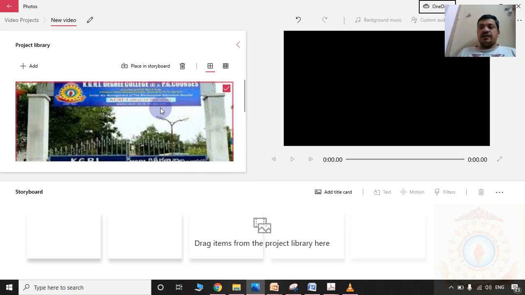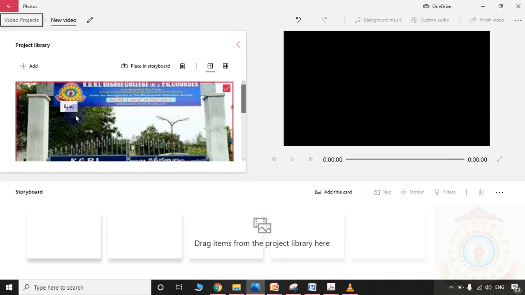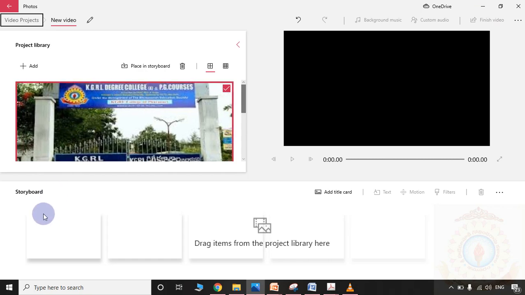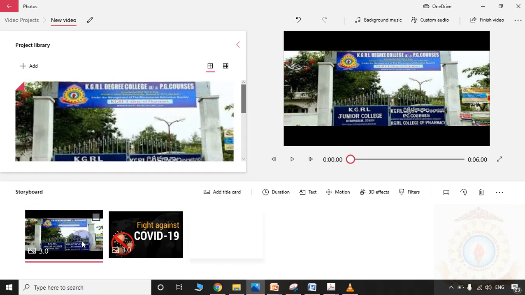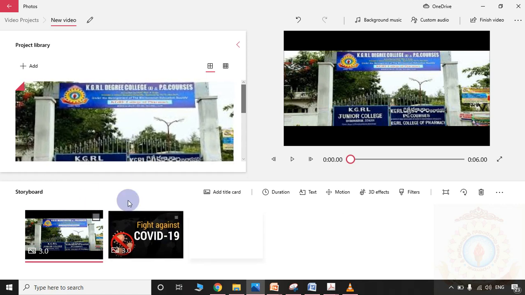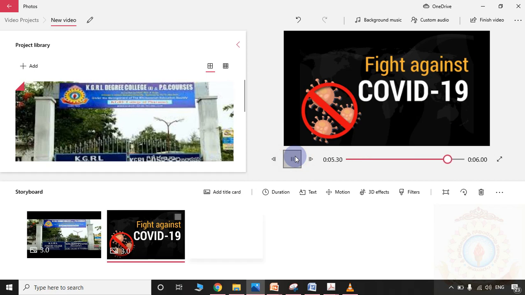Whenever you are converting all the slides into images, the same images you can use here in this place. So you are supposed to add these images into the storyboard. Simply I am dragging all the images into the storyboard. Please observe, here the storyboard is there. Then automatically on the right side you can see the preview. Please observe, the two images in a sequence will move to create a video.